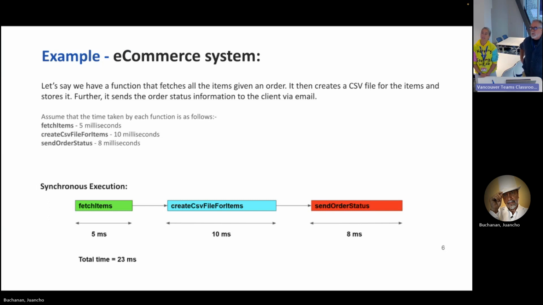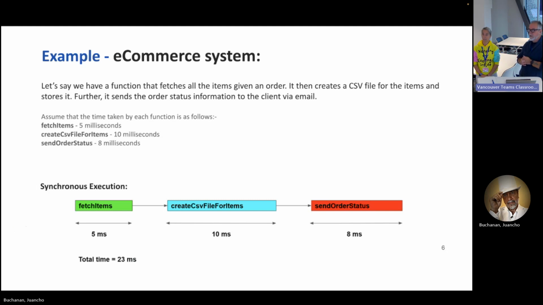Yeah. Okay. So an e-commerce system. When I was working for Amazon, my team put the Prime badges on the order document. Right, we saw that in class. You pointed out, you said this is what it took to put the Prime badge. So basically, whenever there's an order in an e-commerce center, there are all these workflows that happen. Go get all of the items that refer to rubber duck. You fetch them, and then you create the CSV file for those items, and then you send the order status.